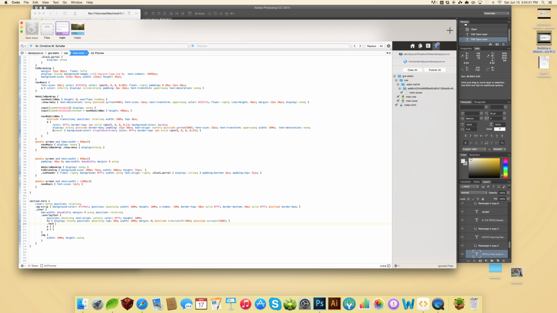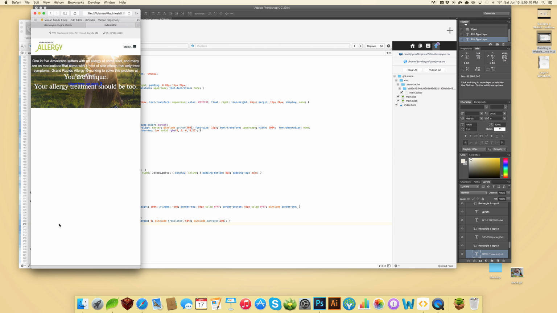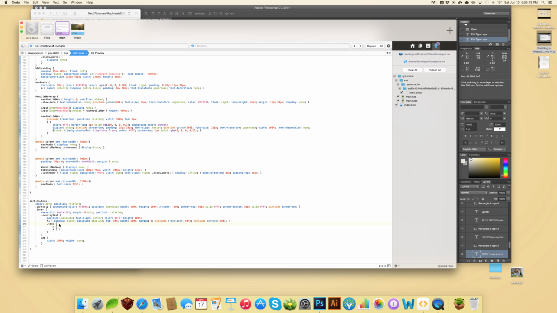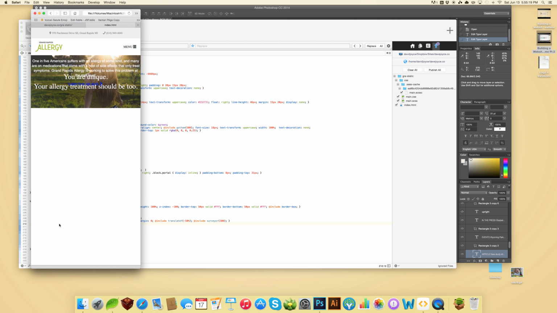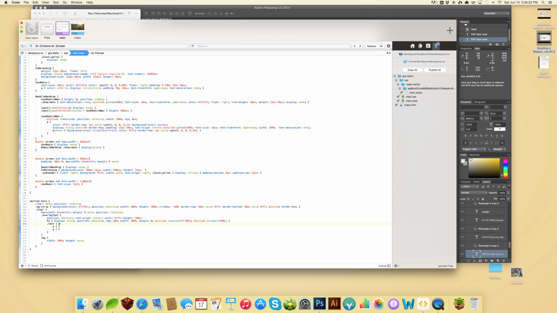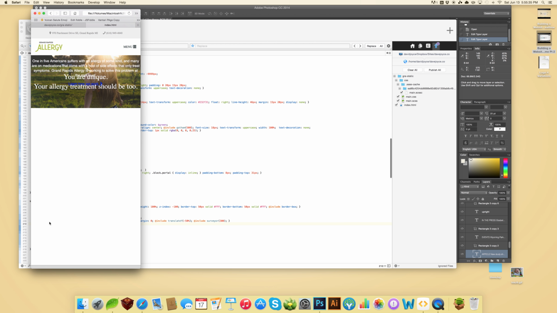Alright, put text here. Alright, so we're gonna have to, let's see, I don't want to position the text absolute because I want its height to stay dynamic. So if we, hmm,